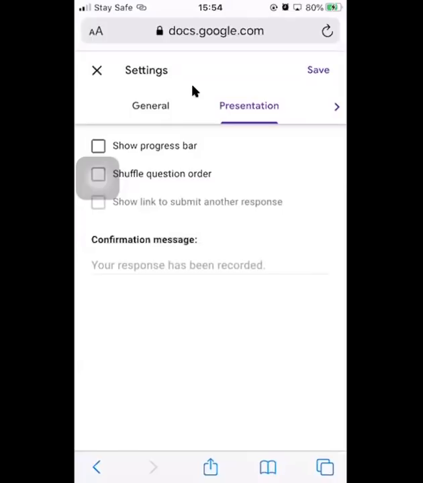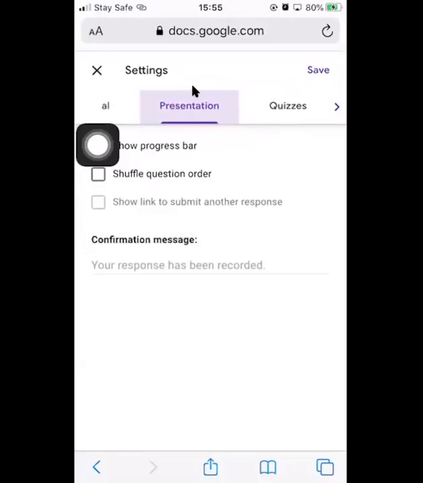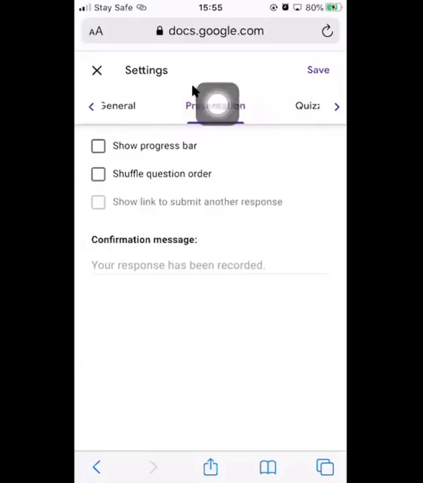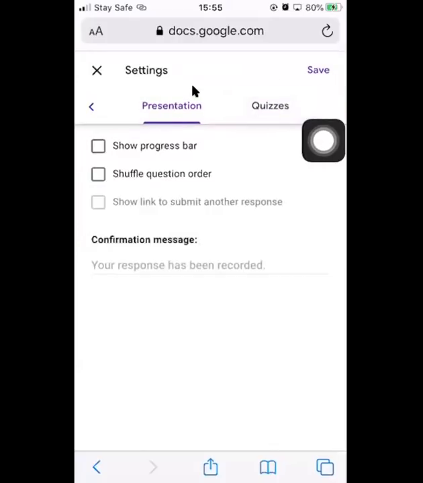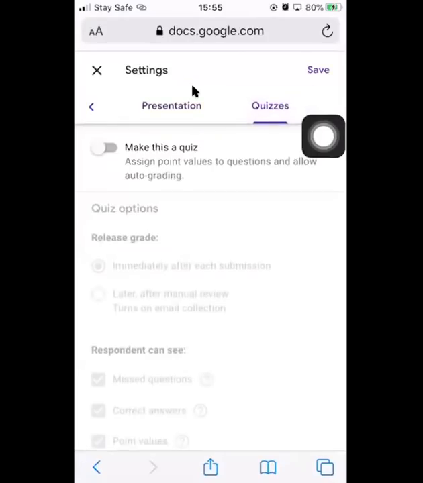So since we're not doing so much on this side, we go back up here and see what I'm going to do now. I'm going to drag this to the left. You see, it's a long menu, so I drag it to the left. Or you click on this button over here to make sure this last option comes out. Quizzes. See where you see quizzes here. Then you click on it. So now you notice this button is off. The button is off. So when you tap on it,